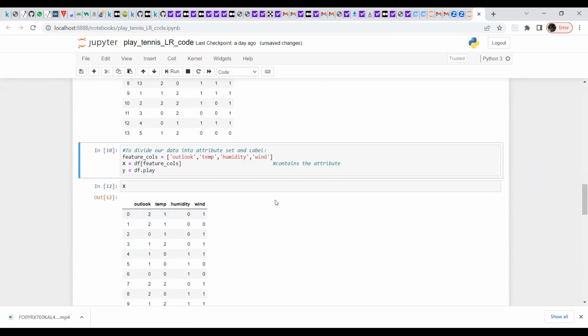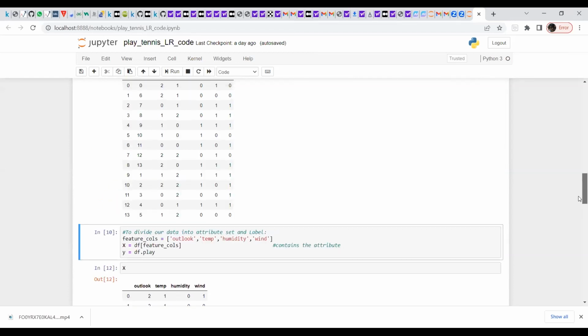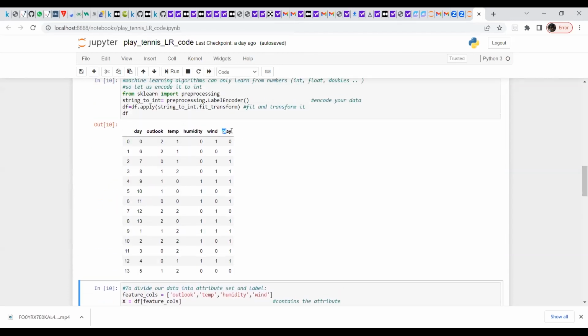After that, we divide data into the attribute set and label. So what is the label over here? Label is basically the target, the variable which we are predicting. And feature columns are basically the attributes. In statistics or in data set language, the input variables are also called the attributes or features. So we run the model using all the attributes, and the target variable is basically the dependent variable over here. In our data set, the target variable is play, and the input variables are outlook,